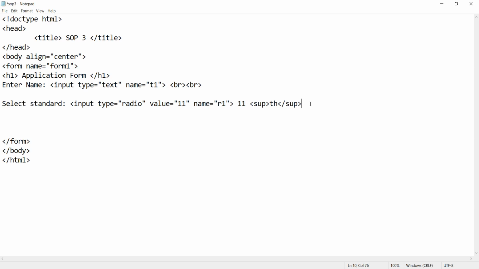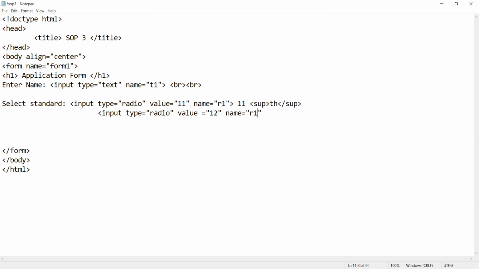And after that same we want another radio button, input type is equal to radio, value equal to 12, and name equal to r1.